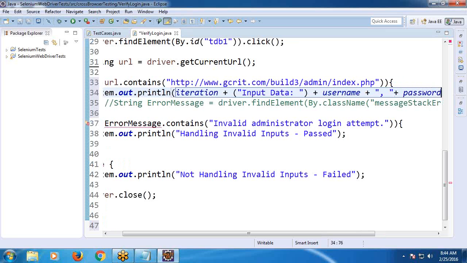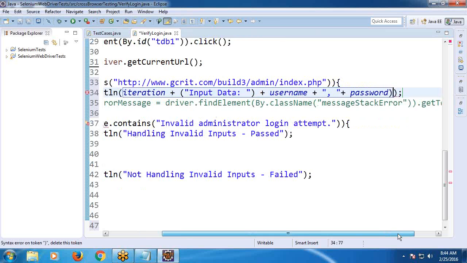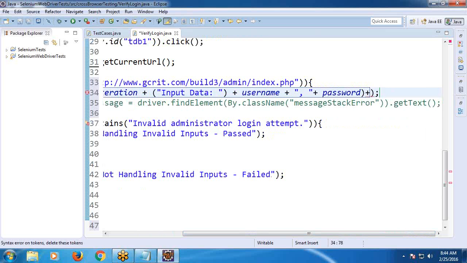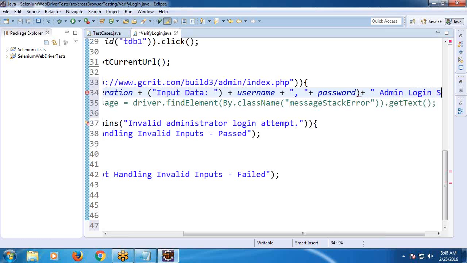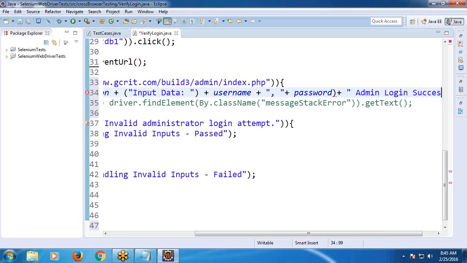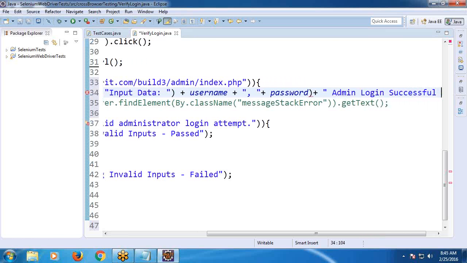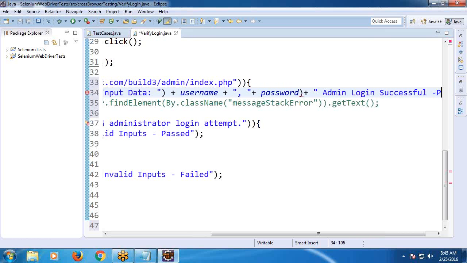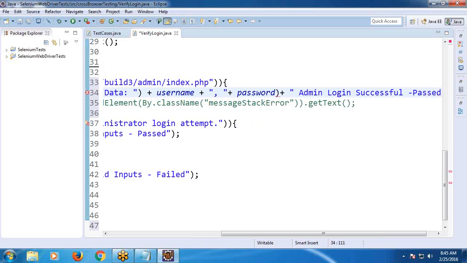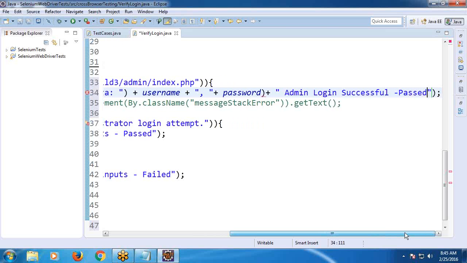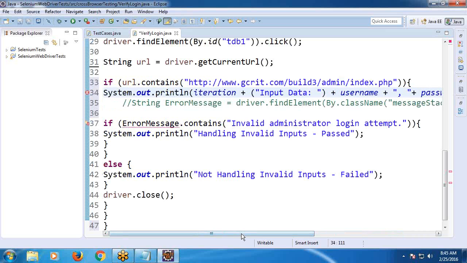Password. Next, close parenthesis. Next, write the message. Plus, admin login successful. For example, passed. Okay, this is a meaningful message. Next,